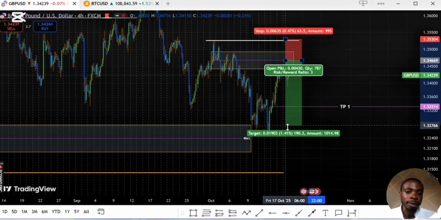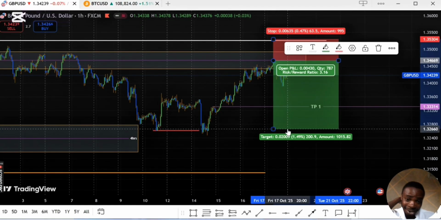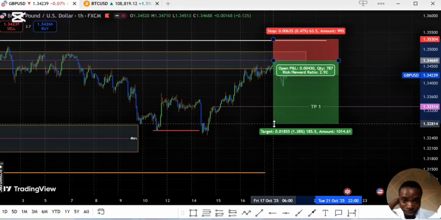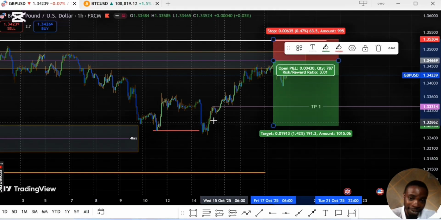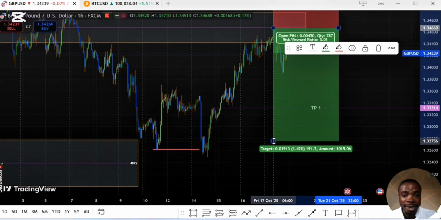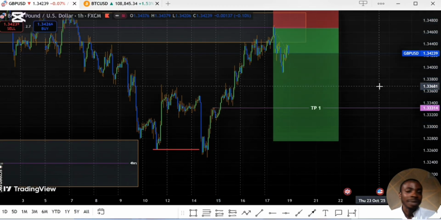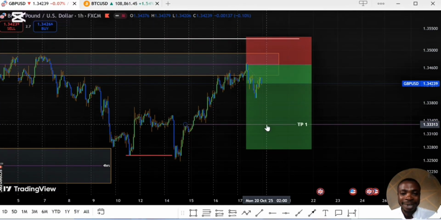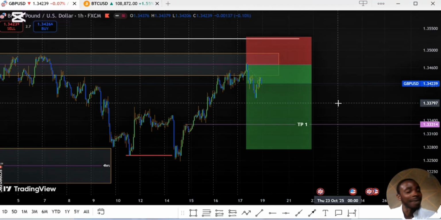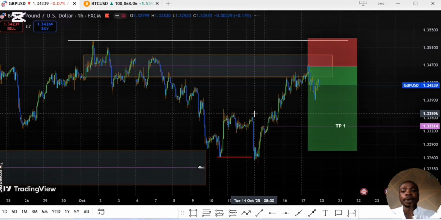Then this one here, if you go to a lower time frame, let's come to 1 hour time frame. You see the reason I decided not to put it on the low. I decided to, because there's a fair value gap here, and this is another block with a fair value gap, so I'm waiting here. If price gets here, even if it doesn't want to go any further, I can close everything because that is my 2 to 1. That is my normal trade. That is my normal risk to reward. So that is that on GBPUSD.